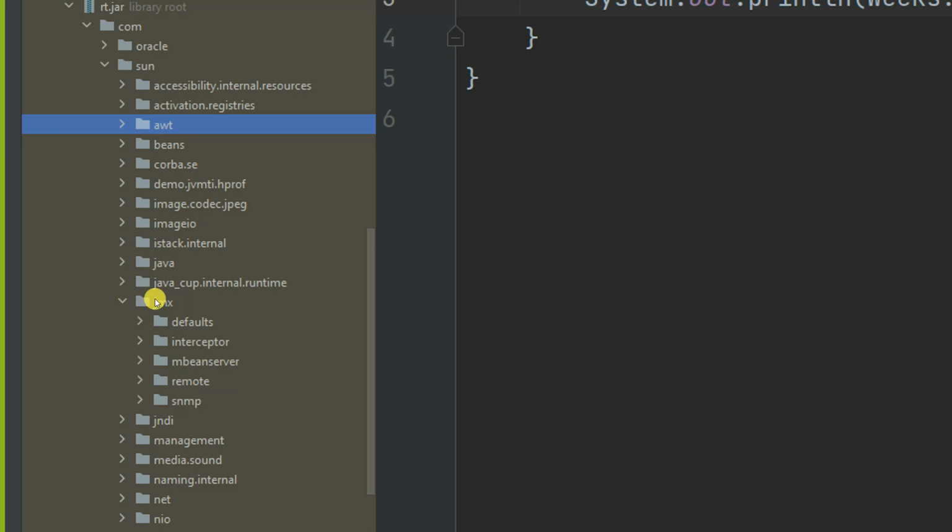In JMX, internally it has many folders, and again it has two files. These two files belong to a particular folder. So that is related to packages.